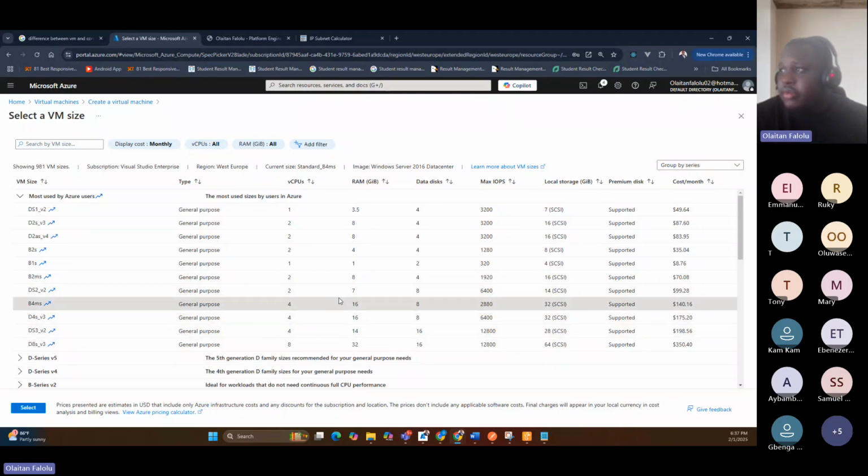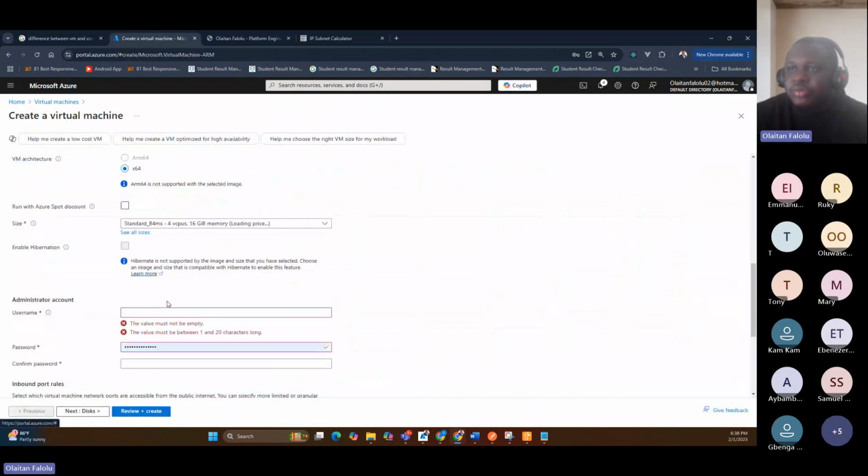4 gig RAM, 16 gig RAM, and 8 gig disk, right? Yes, that's $140. This is high. Anyway, I'll delete it once I'm done, right? So, and if you want a situation whereby you want this, okay,